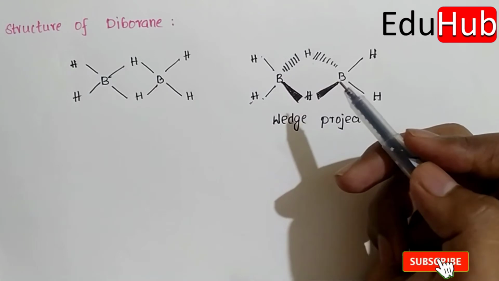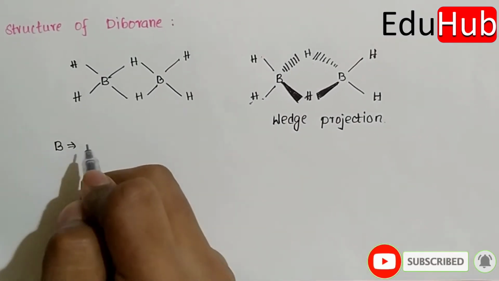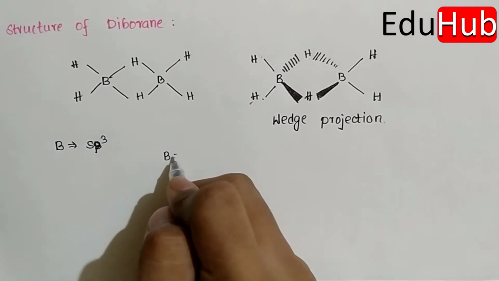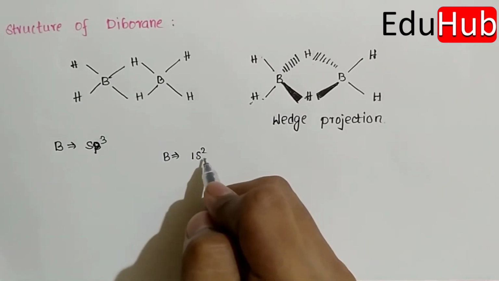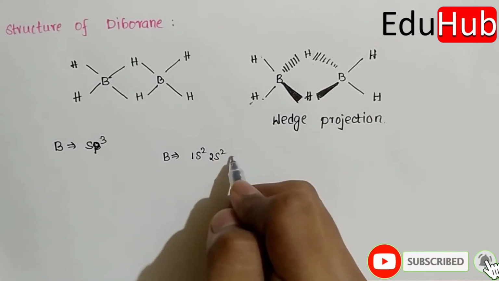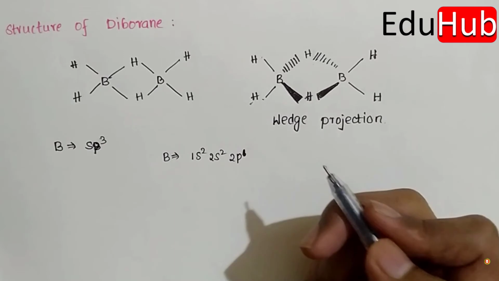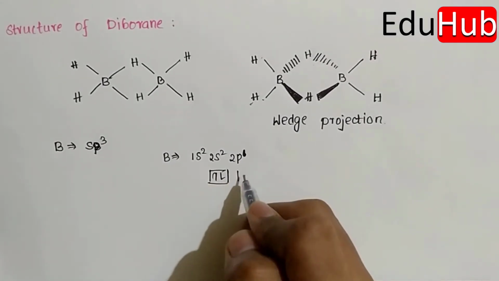Now let us see the hybridization of boron. In this structure, boron is sp3 hybridized. Let me write the electronic configuration of boron. Boron atomic number is 5. So 1s2, 2s2, 2p1. So drawing the outer electronic configuration,